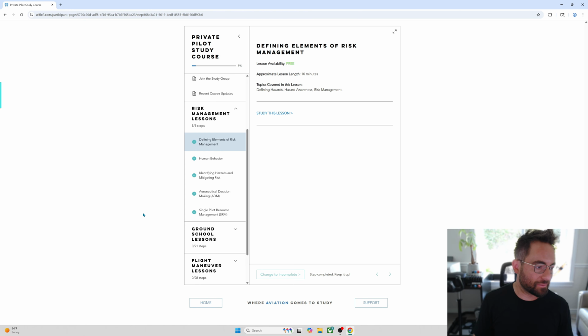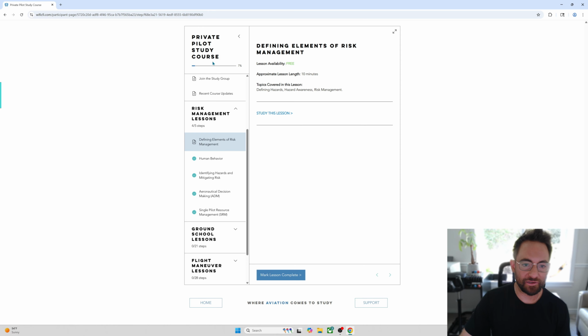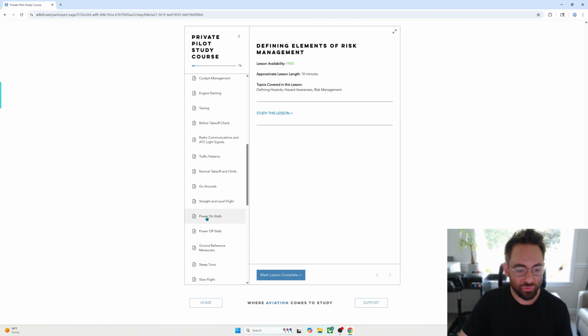So it goes up to 9%. If you feel like you clicked that button by accident, and you're like, my instructor told me to go back and study more about this lesson or something, go ahead and change it to incomplete. It unchecks it and fixes it right there. Cool. So risk management, ground school, and flight maneuver lessons are all the exact same way, with the exception that